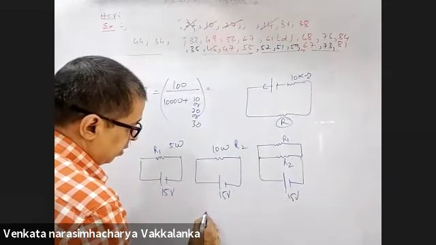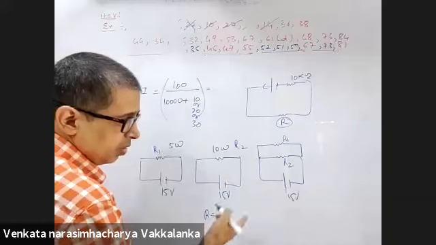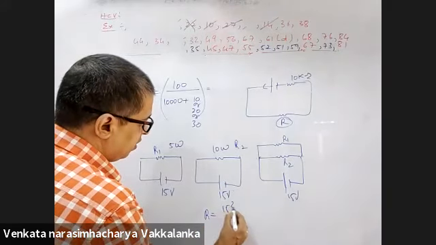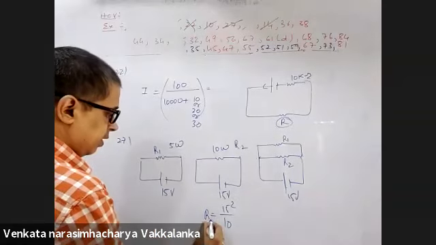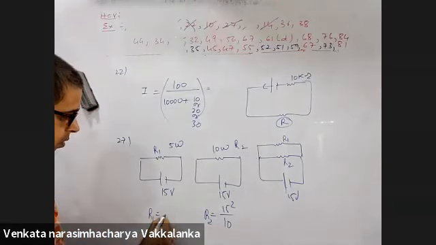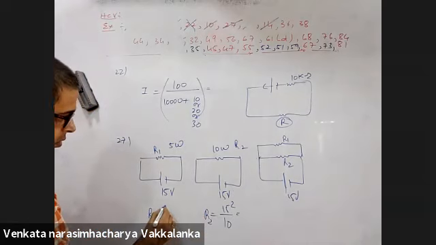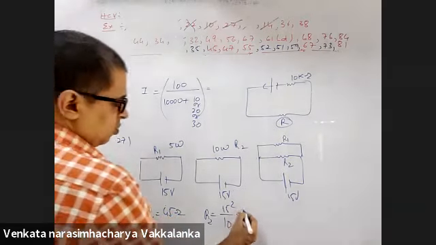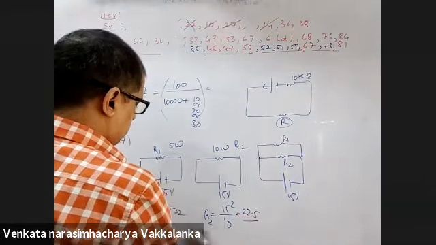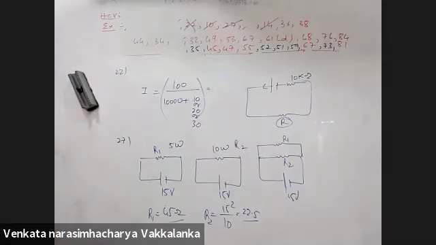Power is V square by R, so R is V square by P. 15 square by 10. How much am I getting here? So one is 45. Second is 22.5. R1 is 45 ohms, and this is 22.5. Last is 50. What should be the resistance of the filaments? Everything has come now. What is the answer given? So these two, 45 and 22.5. What is the problem in this?